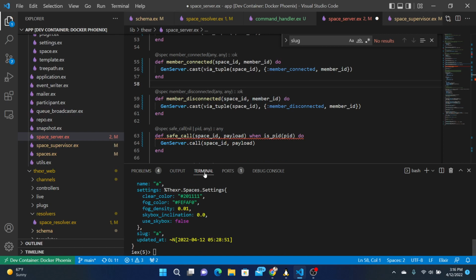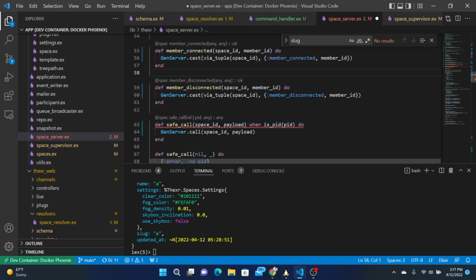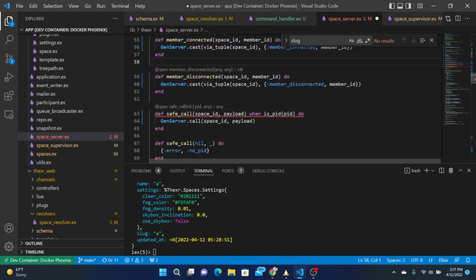Yeah. Call. Okay, safe call. This and a payload, and then when is PID ID.